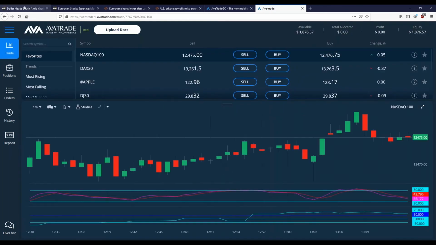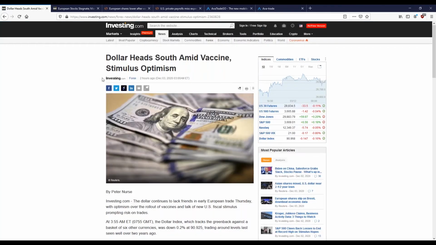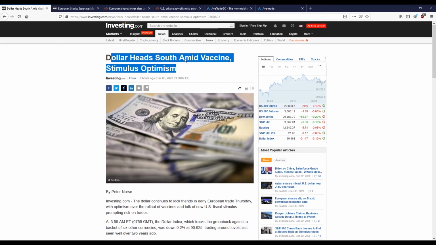Okay, all right, so let's quickly go over some fundamental news headlines. This is one that you just saw through the WebTrader platform. I found the article outside of the WebTrader. The WebTrader found it faster. There it is, right? I found that it was important. It was right at the top of the list through another source in the WebTrader.